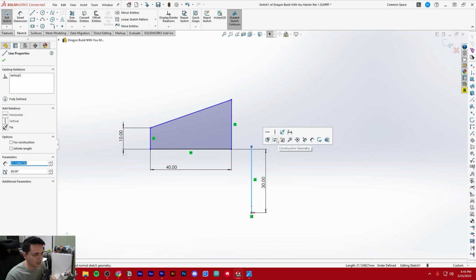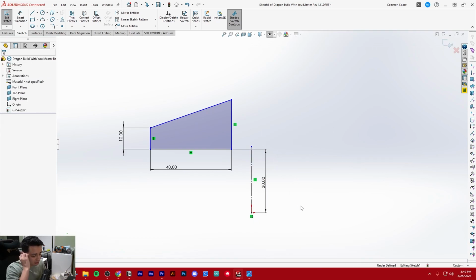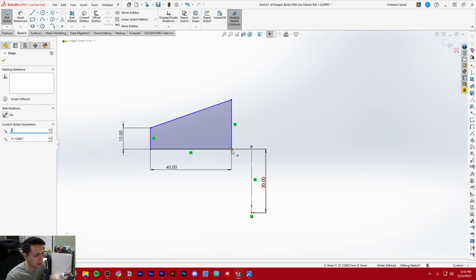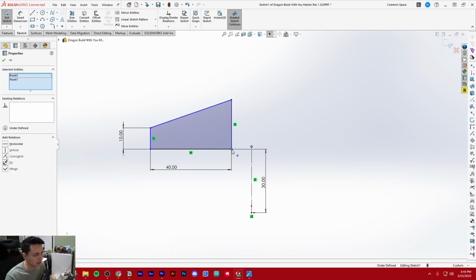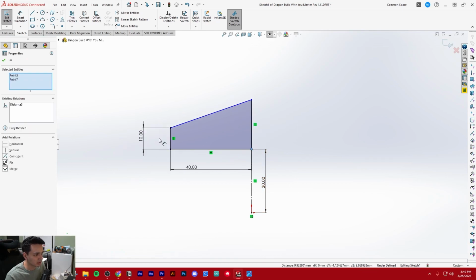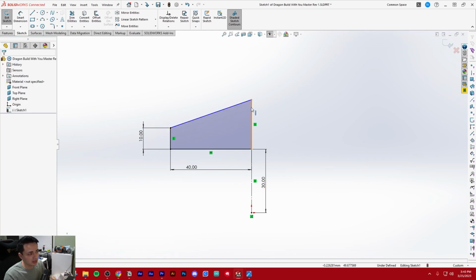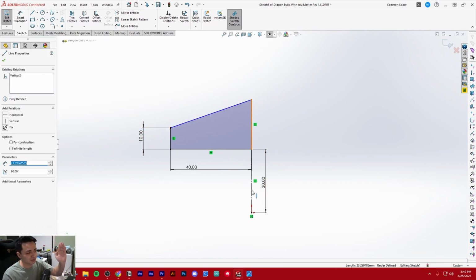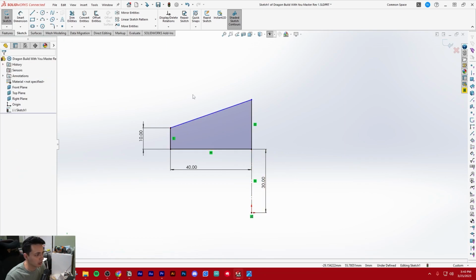We're going to left click this, make this construction geometry. So now, once again, this is a line that is in our sketch that we can use to build our sketch, but SolidWorks isn't going to think that it's an actual solid line that's going into our model. So now I'm going to press this point, and then I'm holding control, and I'm going to press this point. I'm going to click merge, and now they're on top of each other, and this line is coming off of this vertical line on the origin. And then we need one more